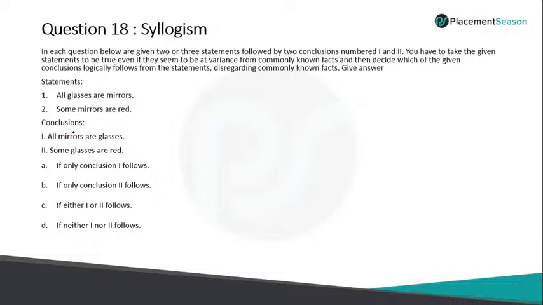There may be many possibilities, but in all the possibilities, the conclusion should be true. In all the Venn diagrams, whatever you're drawing, it should be true. Then only the conclusion is true. If it is failing in one diagram, then it is false. The given question here is very simple, but for some questions, you may get multiple Venn diagrams. Whatever number of Venn diagrams you draw, the conclusion should be true in all of them. Then only the conclusion will follow. Otherwise, it will not follow.